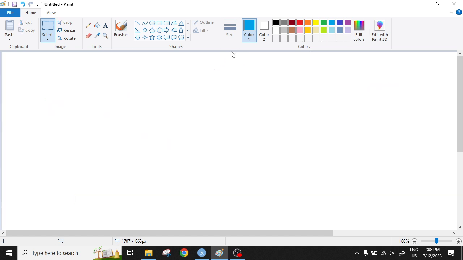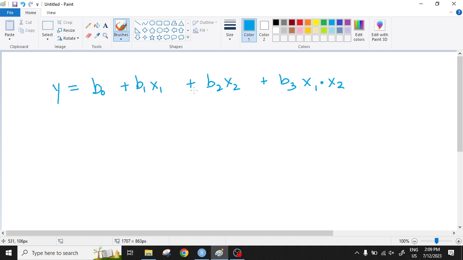And we talked a little bit about how we model that mathematically. We say, in a general equation, y is a function of b0 plus b1 x1 plus b2 x2 plus b3 x1 times x2, and how this changes the